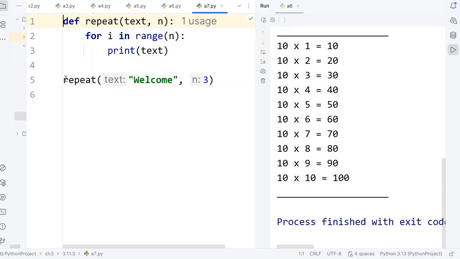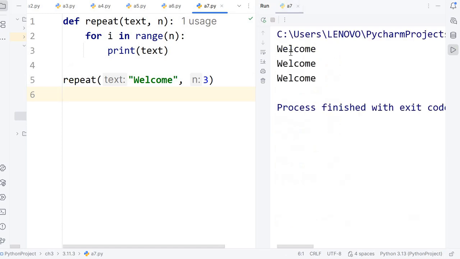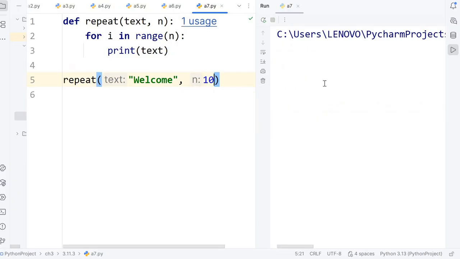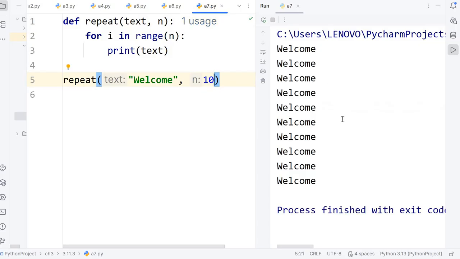You have written repeat as the name of the function, welcome as the text, and how many times you want to repeat, suppose 3. Welcome is received by text and n is received by 3. When you run the program, you can see welcome 3 times. If you want to print it 10 times, you can just pass 10 as an argument, and then you can see it print